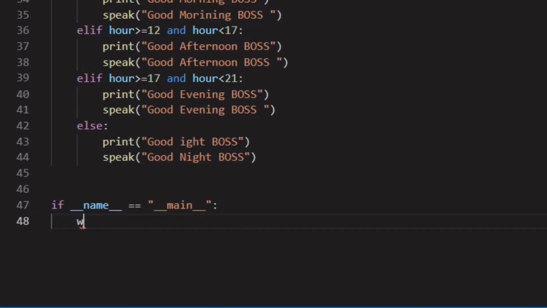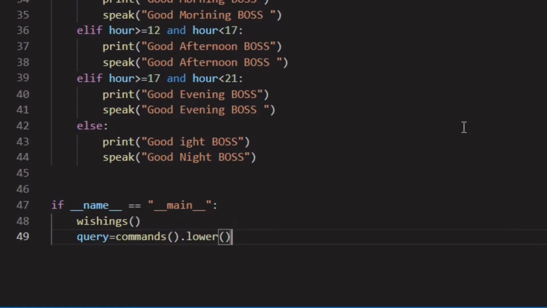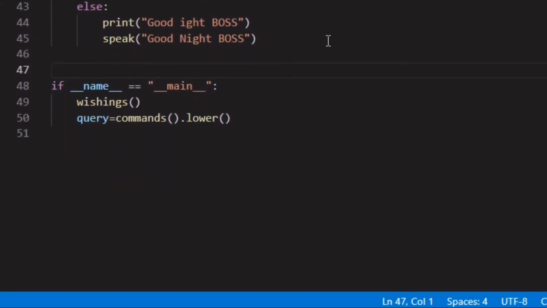Now first, we should perform our wishings function, and then we are going to query. We are creating a query variable and storing our commands function dot lower. Okay, so now if we run this command,